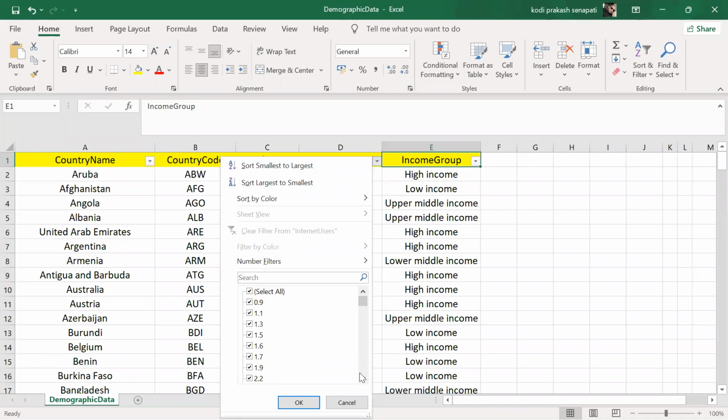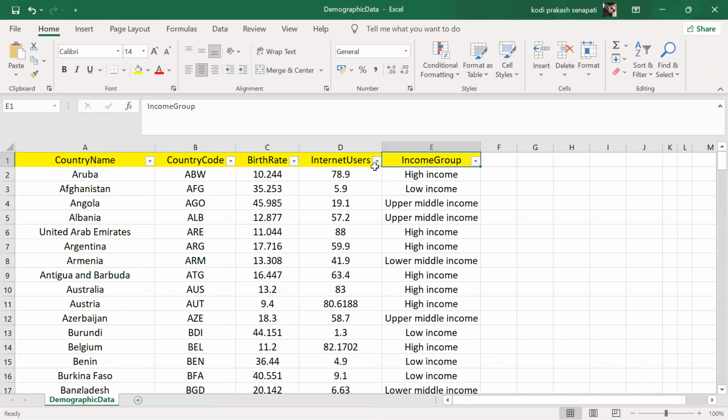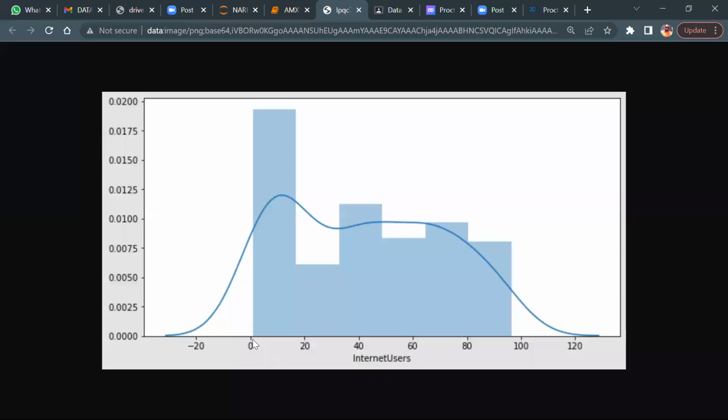Now, if I show the graph, where do you see 0.9? You get 0.9 over here and 96.4 over here, isn't it? Yes. Can you please tell me where is the highest frequency of internet users? Give me the range.